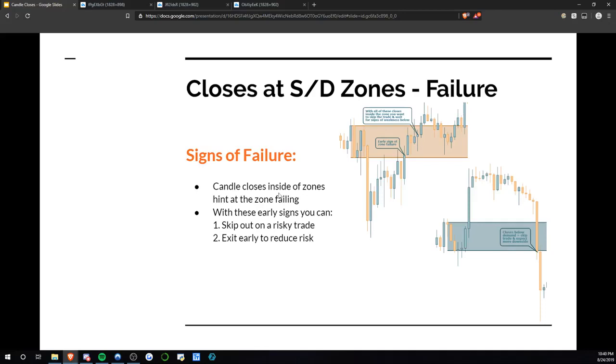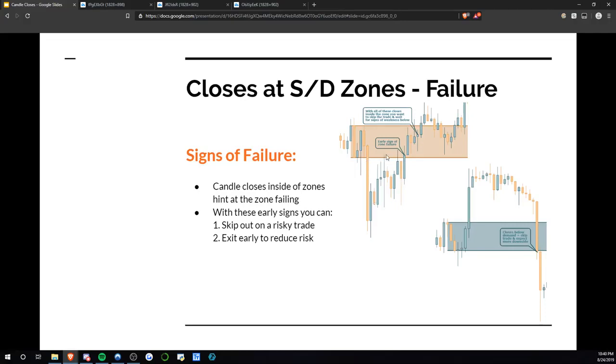But yeah, like I said, candle closes inside of zones hint at the zone failing. With these early signs, you can do two things. Basically, skip out on a risky trade, or you can exit early to reduce risk. So here on this first example, you can see that